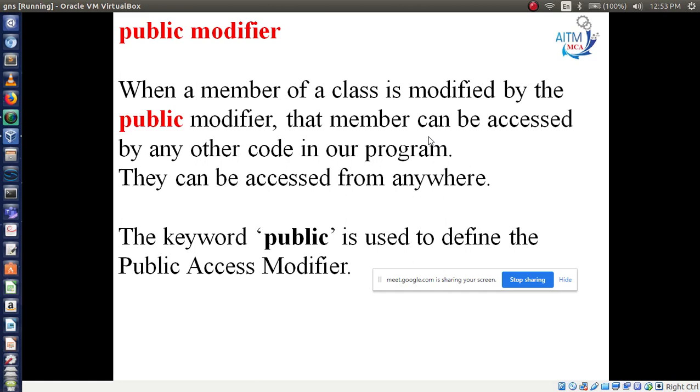If we define our class as public, or method as public, or variable as public, we can access that data throughout our program, or from anywhere in the program. And here we have to use the keyword public.